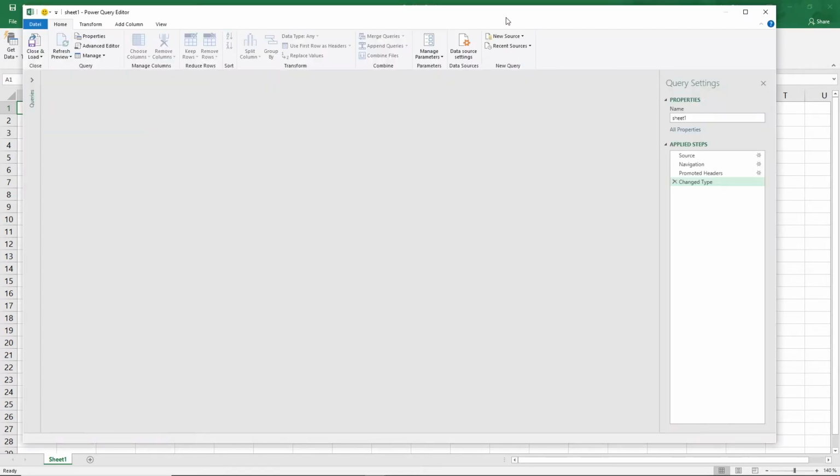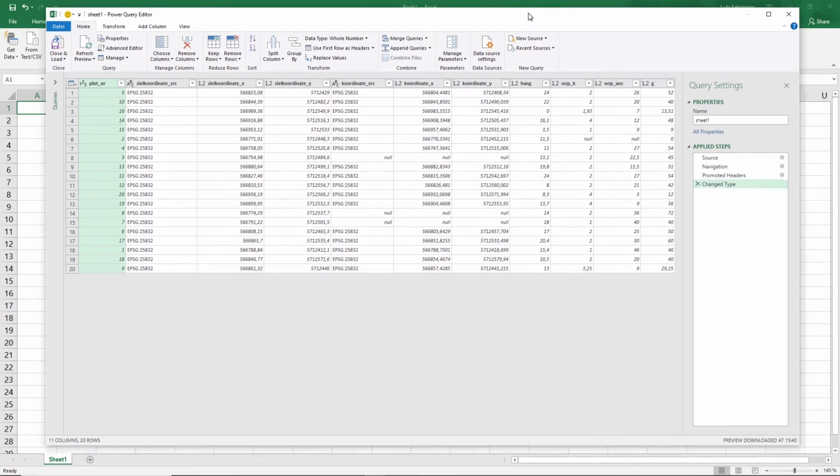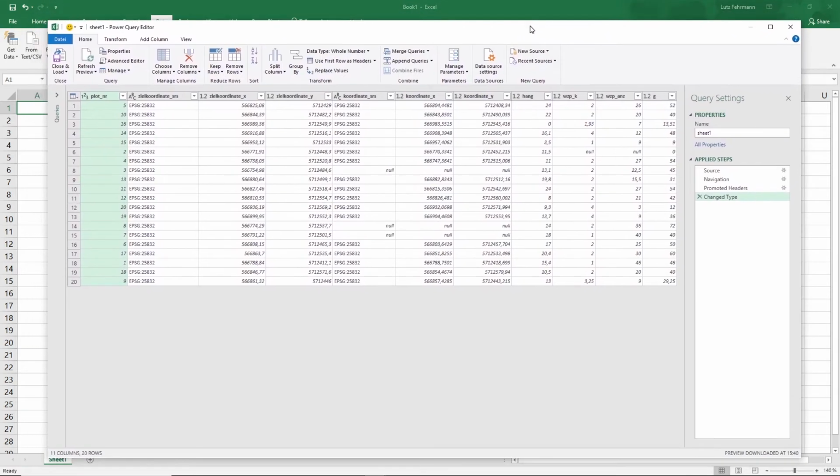So if I open this, then you see the query editor in Excel, which is a very powerful tool to query huge amounts of data. We are only looking at 20 plots, and the only thing I like to change here is the name of this query. Since this is my plot data, I also like to call it plot.